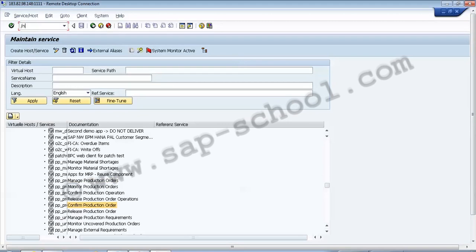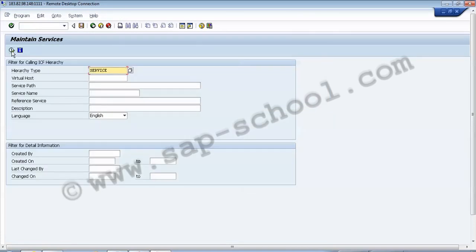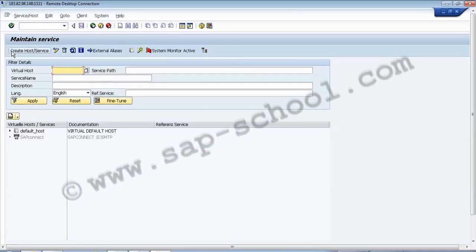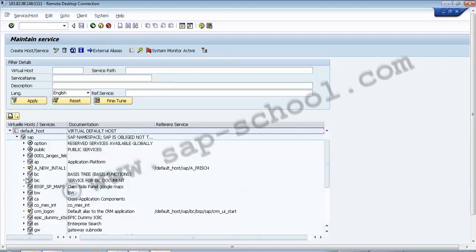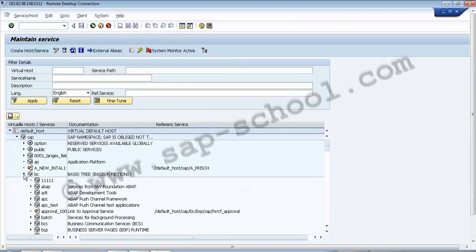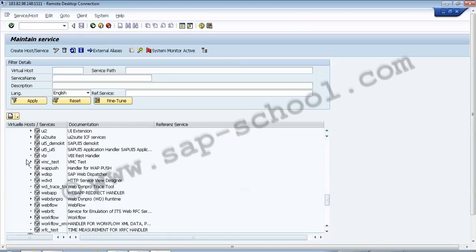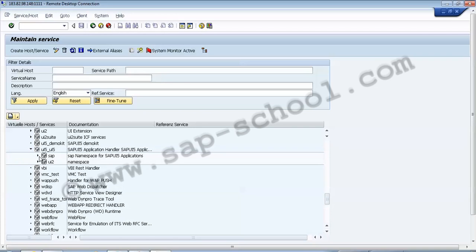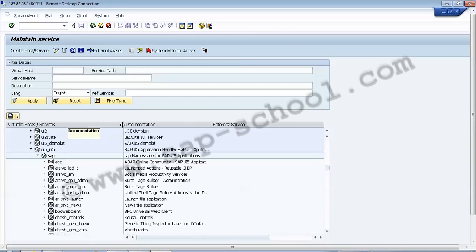So now once we have configured the central UI and the product specific UI components, we have to configure our backend server. To configure our backend server, we first have to set up the roles, set up the users, and set up the authorizations. The transaction which is used for setting up the roles and the users is PFCG.